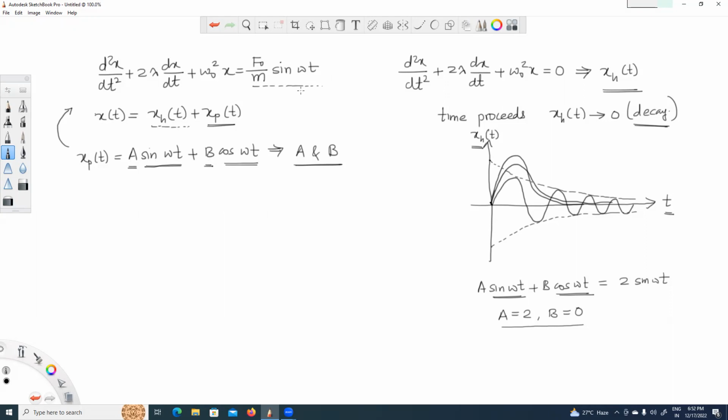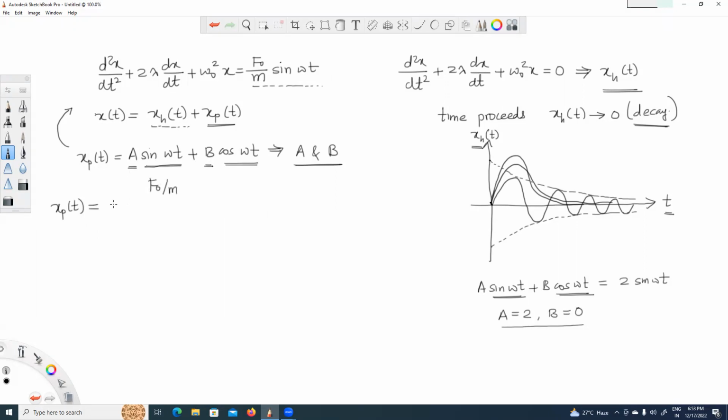So you'll get two linear equations in A and B. And by solving those two linear equations for A and B, you'll be able to find this particular solution. So I'll just write the solution, how it looks. So this xp of t looks like